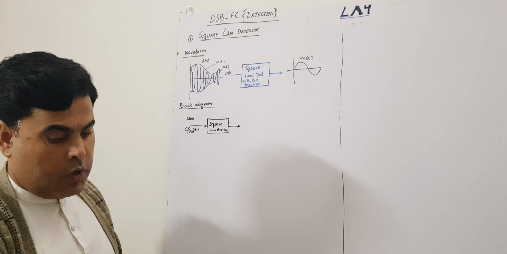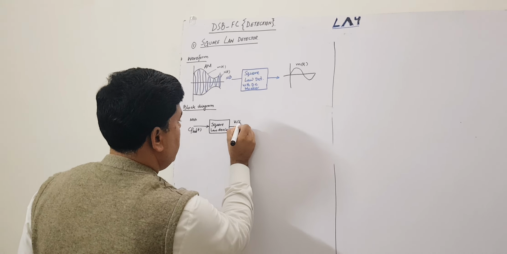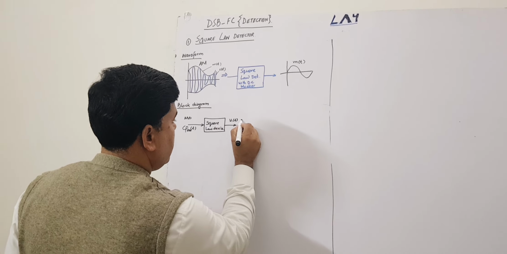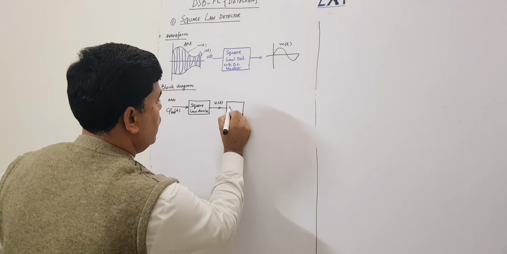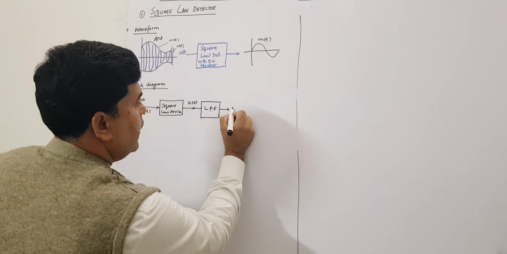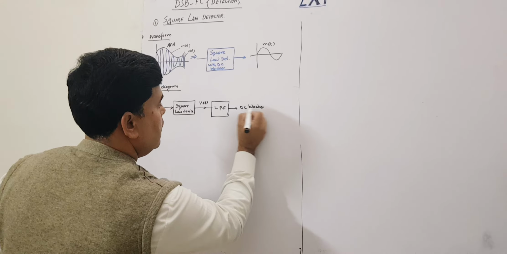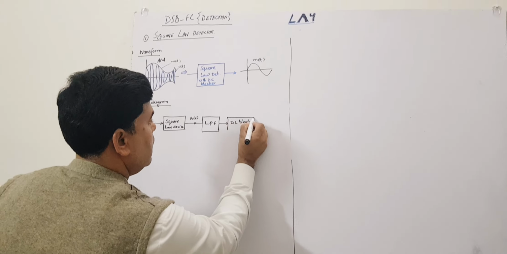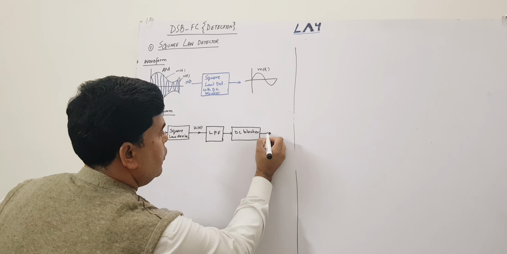Then after that we get one output, V1(t), and then pass that output through the low pass filter, and then you can use a DC blocker,